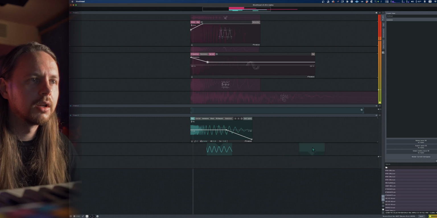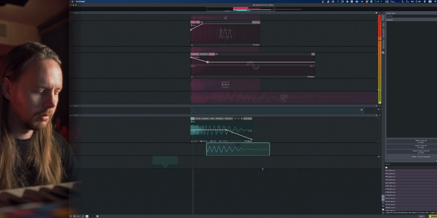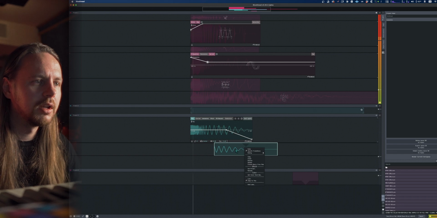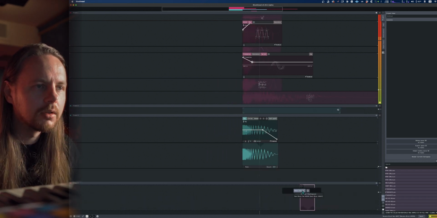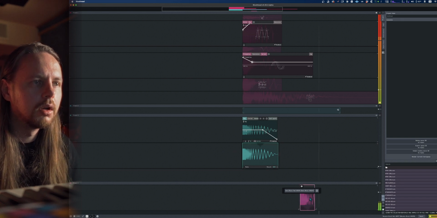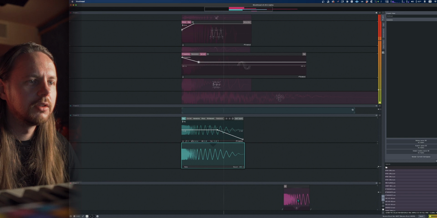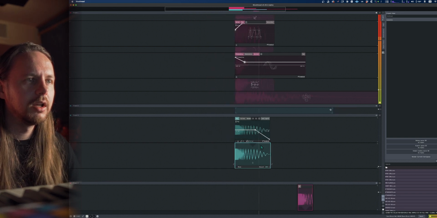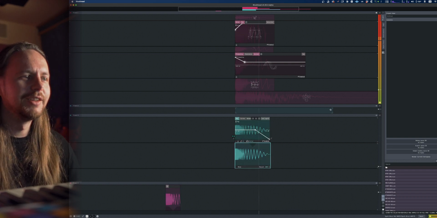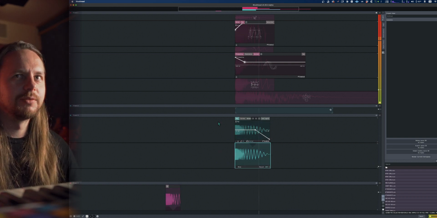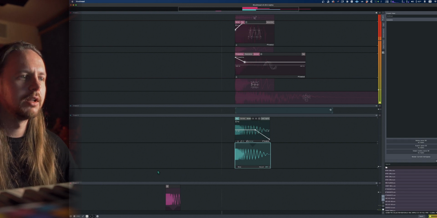Thought it was supposed to, let's put it on a new track maybe. This is like the sending. It's supposed to send it over here. Oh, select source. There we go. Now this thing is sending into this, and then you can put this wherever, like before this even happens. Like you can send it back to the past, to the future, from the present to the, like, look, it's